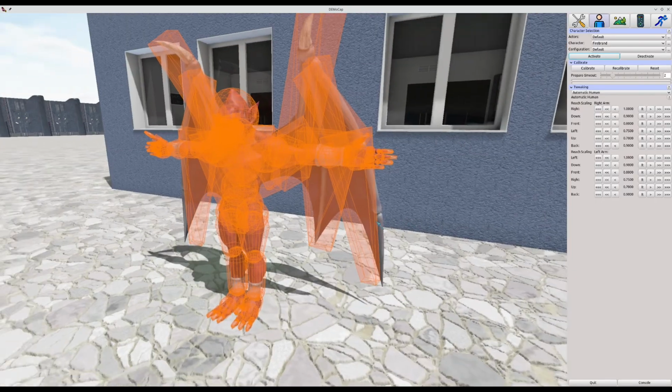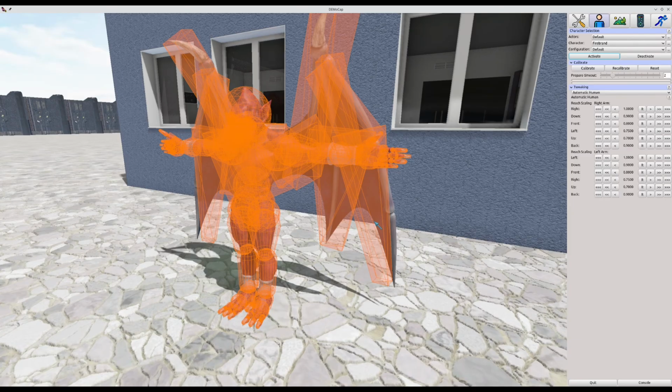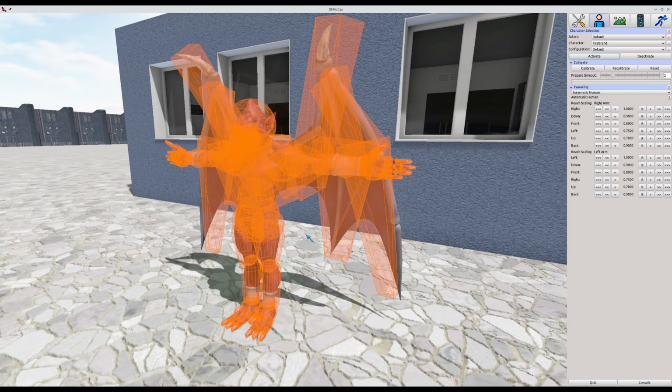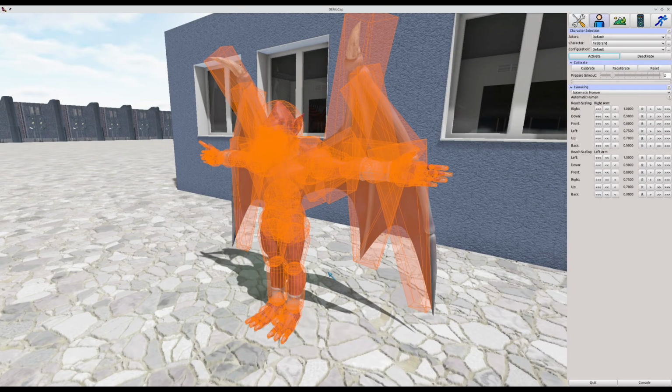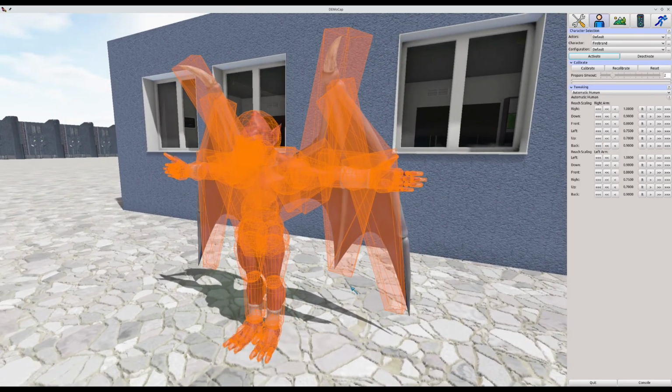So this, as mentioned, only generates the collision shapes which you see now overlaid. It does not do automatic weighting or something like this. So it depends on good weight painting on your model, but it can just say, okay, here's the rig, here are the bone structure, and bam, you get collision shapes which most of the time are good enough to do the trick for what you needed. So that has been a little sneak peek at what happens underneath if you use a model collision, that you get something that actually works without killing your